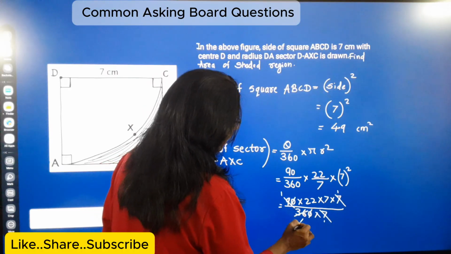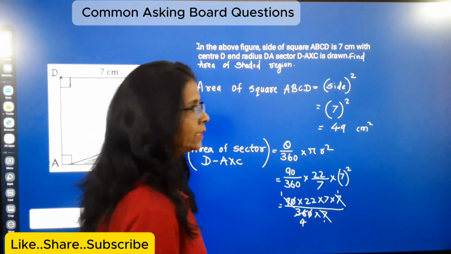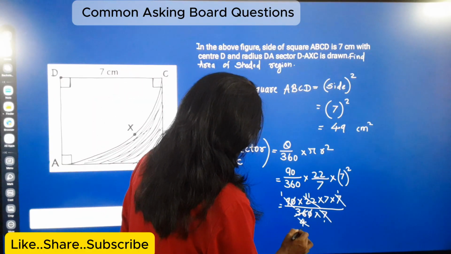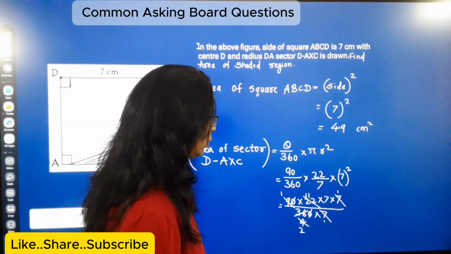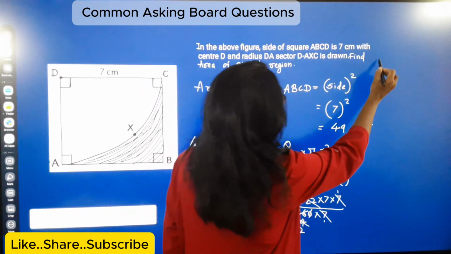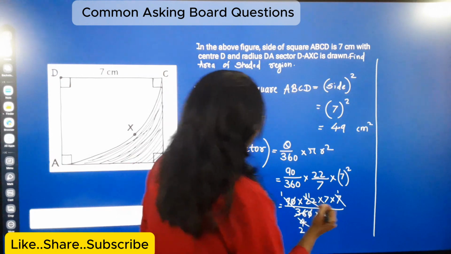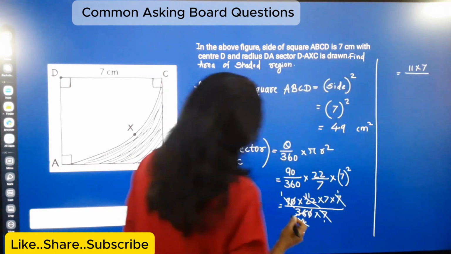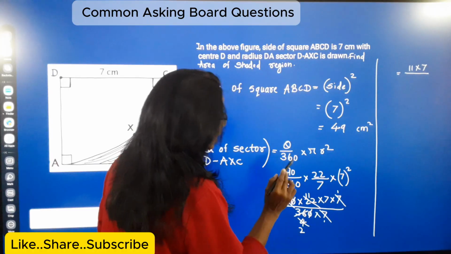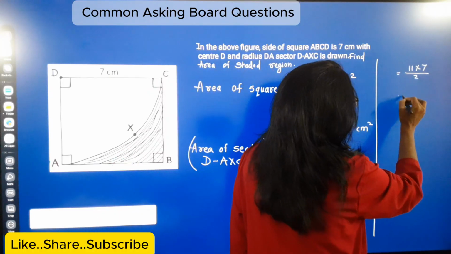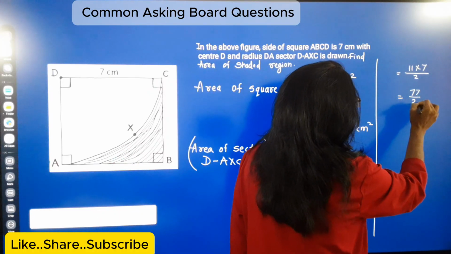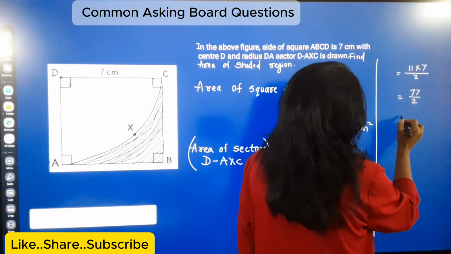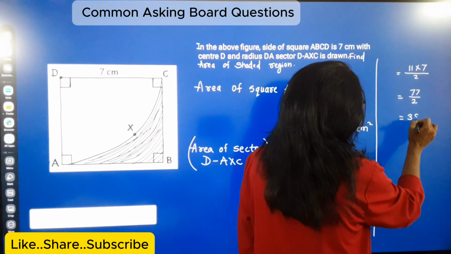Then 9 ones are 9, 9 fours are 36. And 2 ones are 2, 2 twos are 4. The remaining numbers are 11 into 7, divided by 2. So 77 upon 2, the half of 77, that means 38.5